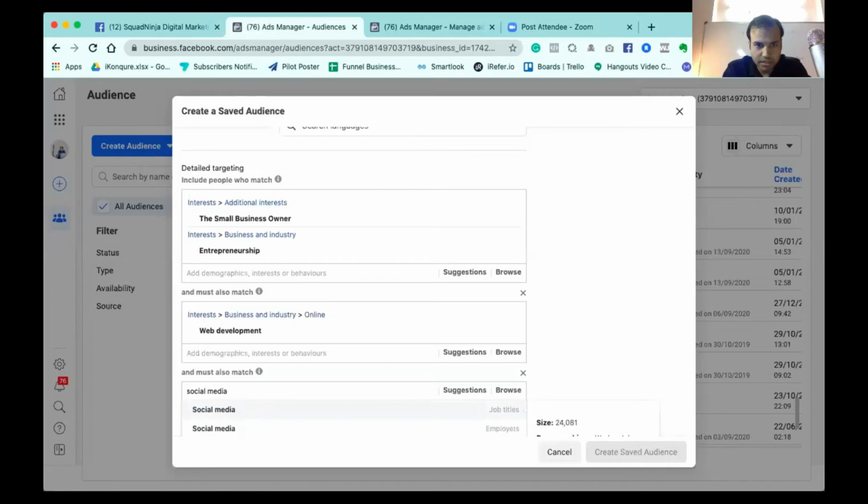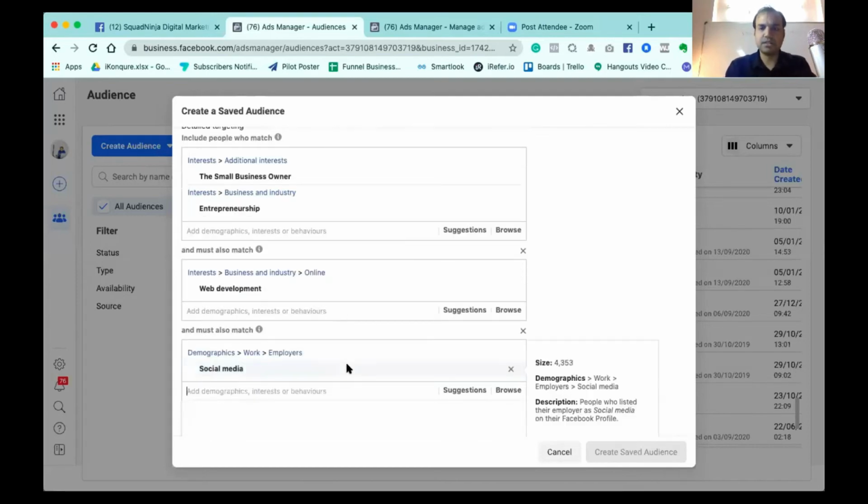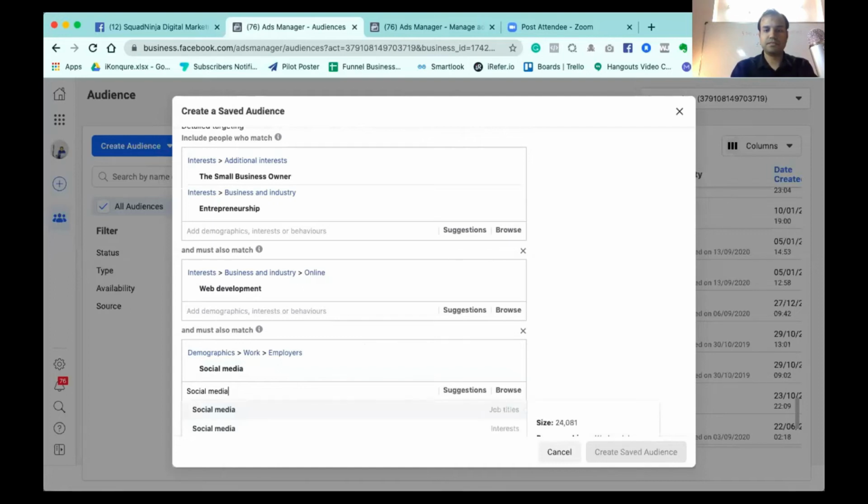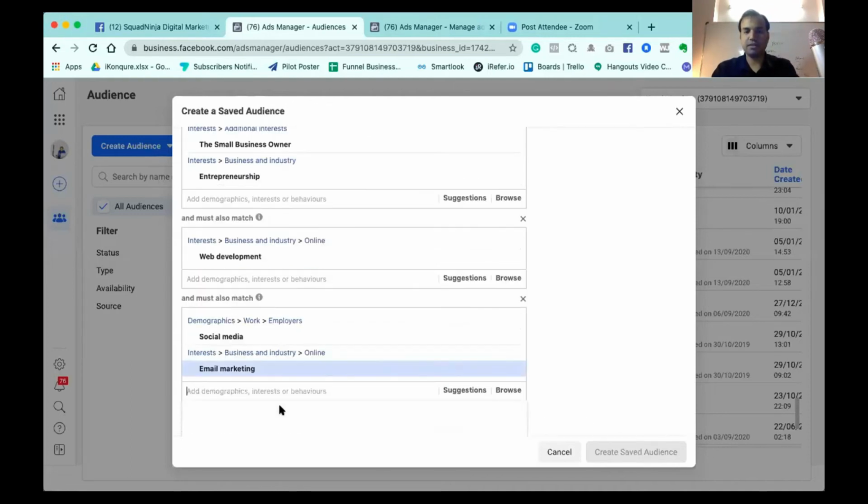Okay, it's there. Let's see, social media employers and all this. So I want to target, or let me check if email marketing is there. Okay, they have interest in email marketing.